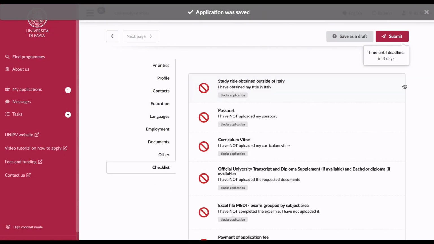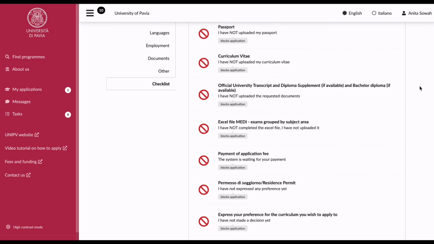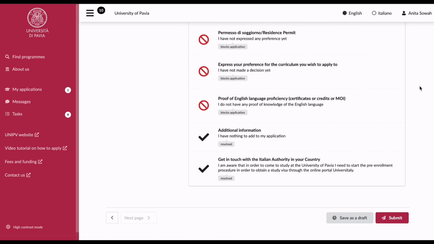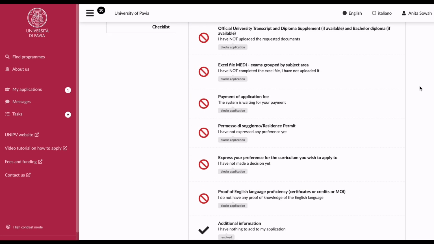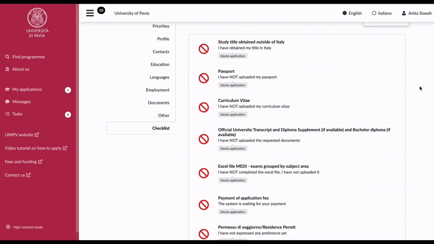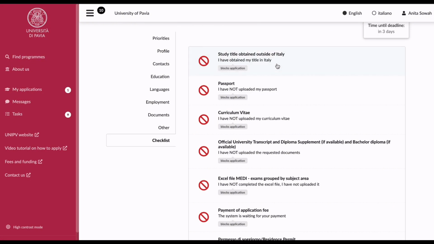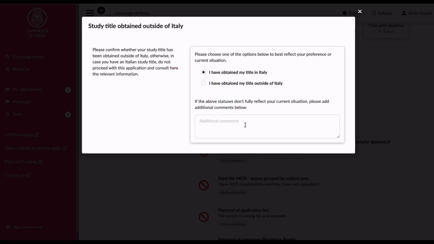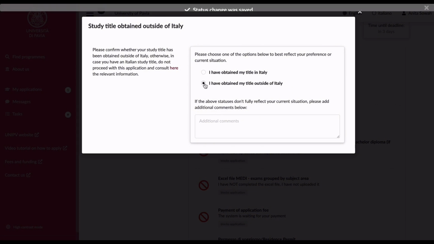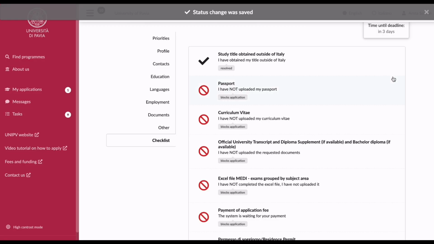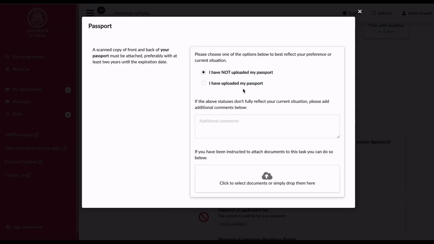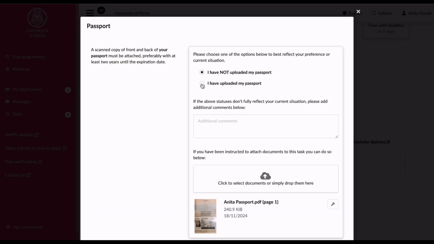Then we come to the checklist section where we are going to do all of the work. Here, study title: please confirm that your study title has been obtained outside of Italy. I've obtained my study title outside of Italy. Then you come here, you're going to upload. Once it's uploaded, you click on